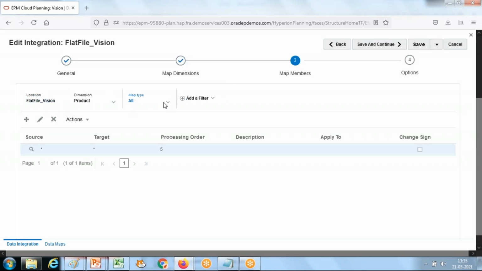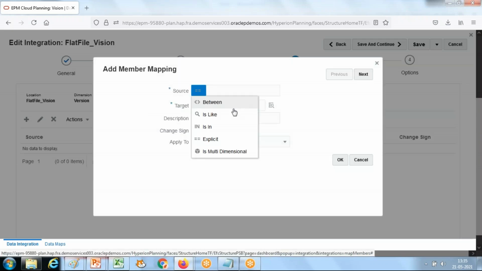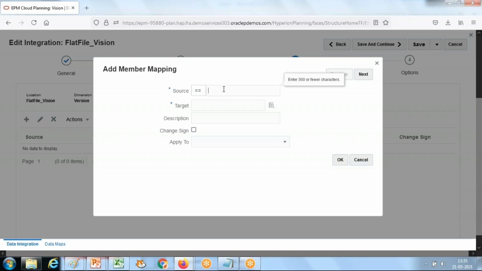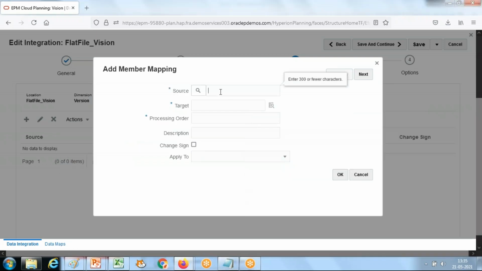Last thing, we do it for version. Version I'm going to hard code and make it a working version. So I use explicit. Or you can define this like mapping as well, because in my case, whatever comes from source, I'm mapping with current.